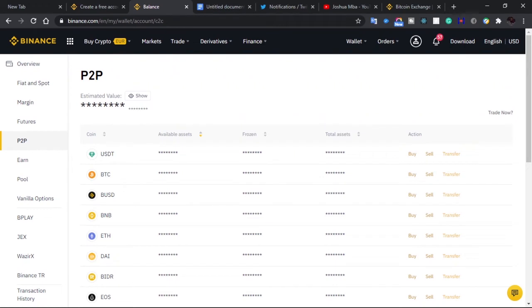Now, it is important to know that there are two coins that should be of interest to you while trading on the crypto platform. It is important to note that all crypto coins are volatile. Not just volatile, they are very, very volatile. So because it's very volatile, it is not advised to keep coins or your funds there if you're not going to monitor your trade for a long time.